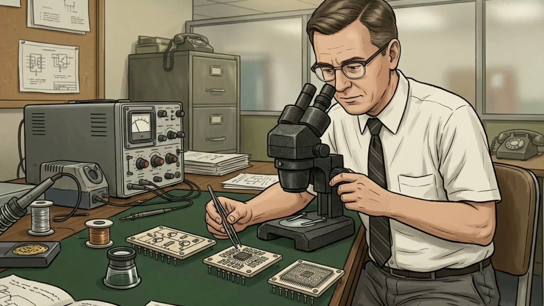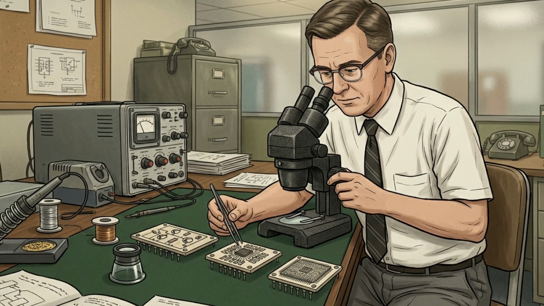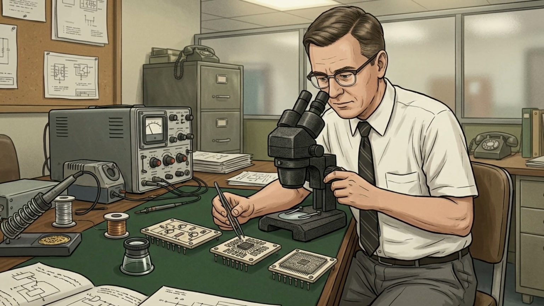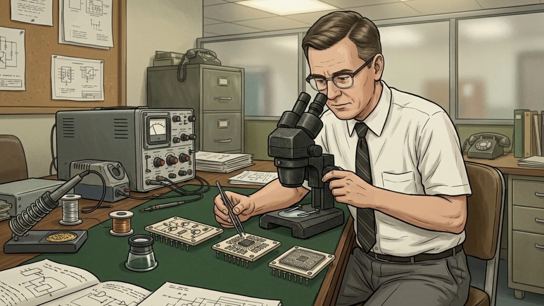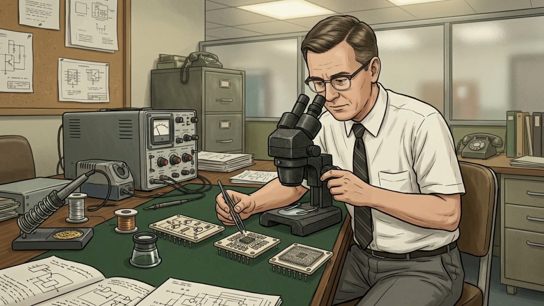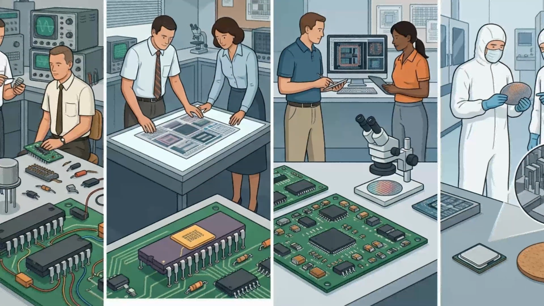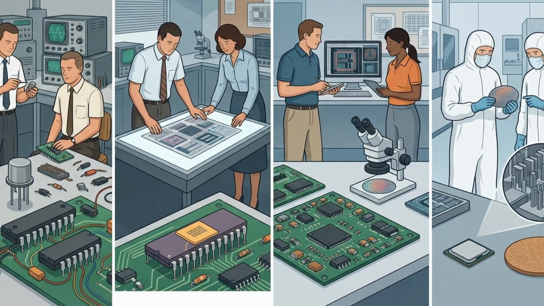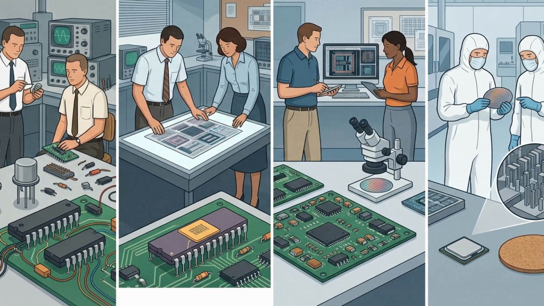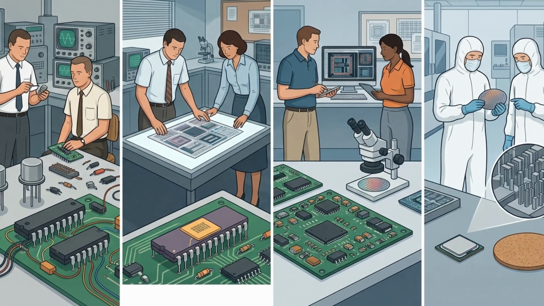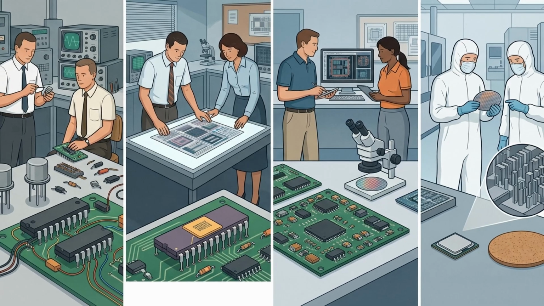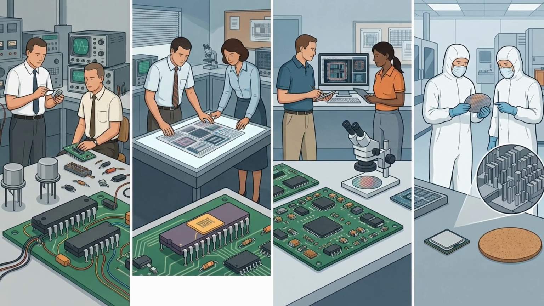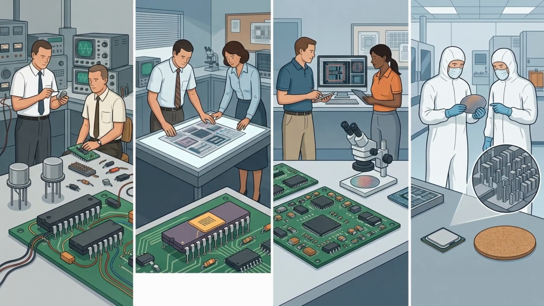In 1965, a Fairchild semiconductor engineer named Gordon Moore published a short paper in the trade journal Electronics, noting that the number of components manufacturers could fit on a chip had been roughly doubling every year, and predicting that trend would continue. That observation, later nicknamed Moore's Law, turned out to be less a law of physics and more a self-fulfilling industry target. But it held, decade after decade, closely enough that a single modern chip, like Apple's M2 Ultra, released in 2023, now packs about 134 billion of Shannon switches onto a piece of silicon smaller than a coaster.